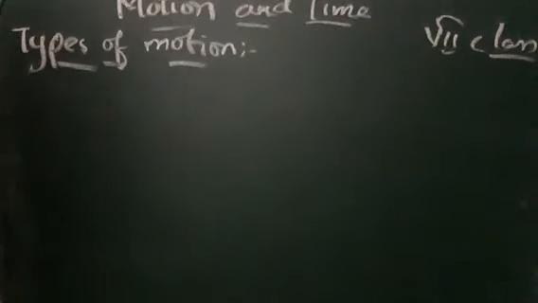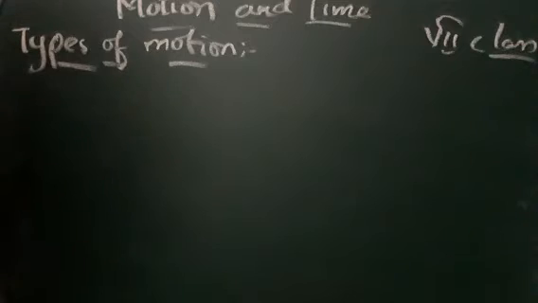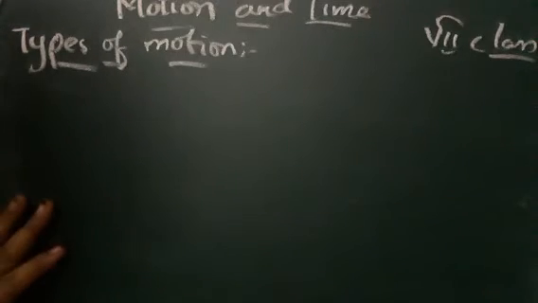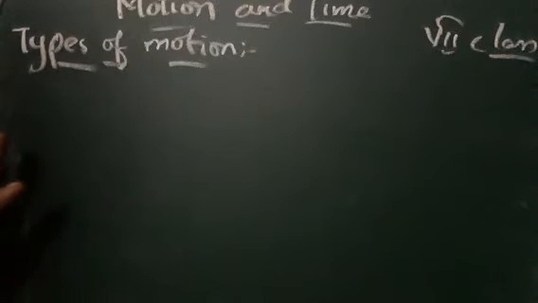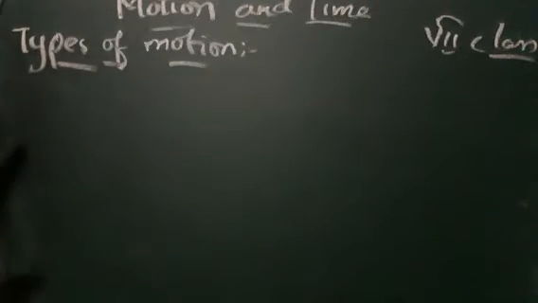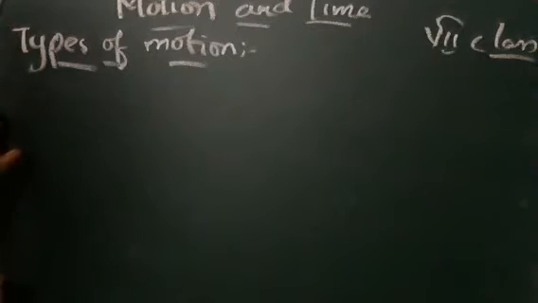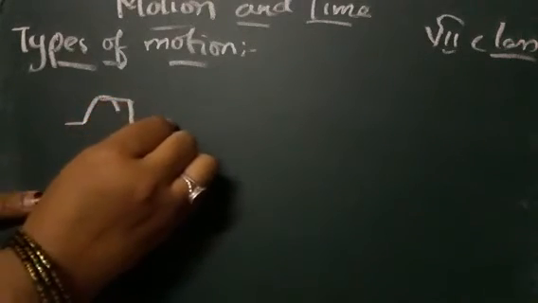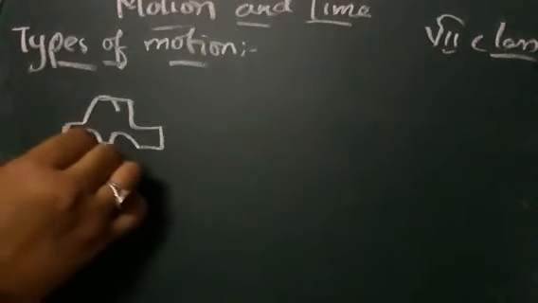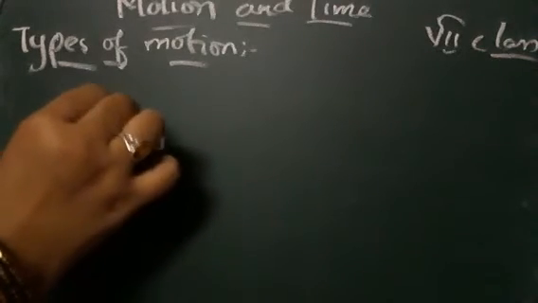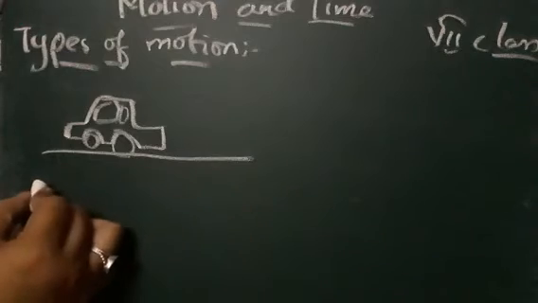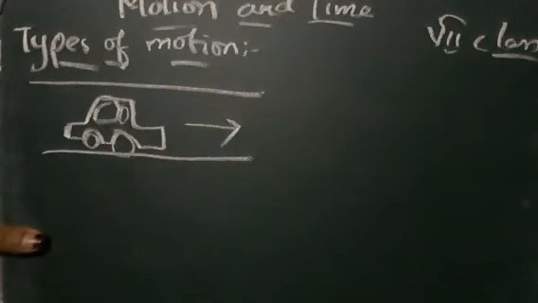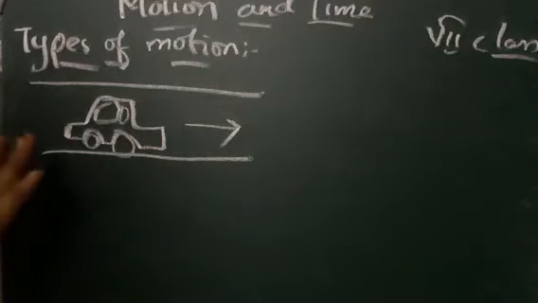When we talk about motion, it is important to be aware that there exist different types of motions, and each type of motion is dependent on a particular situation. So let us see a car traveling along a straight road. We see there is a straight path, it is traveling on a straight path, isn't it? Suppose this car is traveling on the road, you can see that the car is traveling straight. Yes, it is traveling on a straight path. So here it depends, a different situation is there.